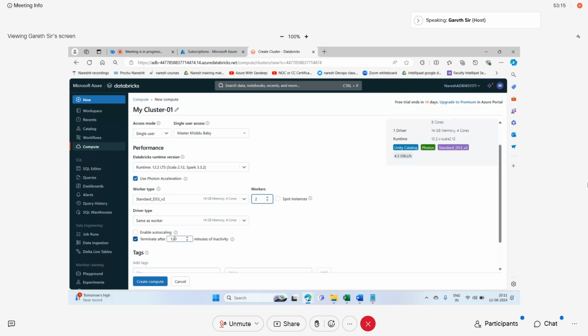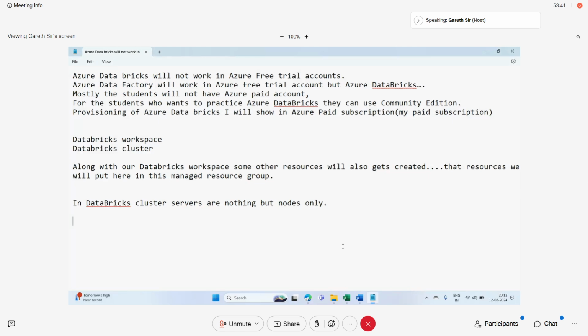after 20 minutes of time. Means what? I'm saying that if I am not using the cluster continuously for 20 minutes, stop this cluster. Why? Because once you provision a cluster for your Databricks,